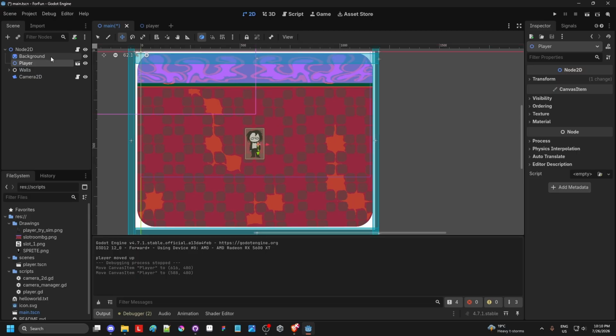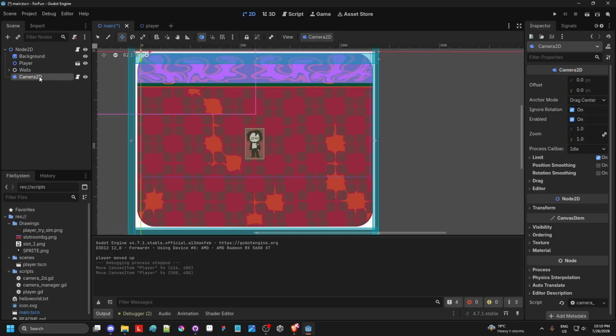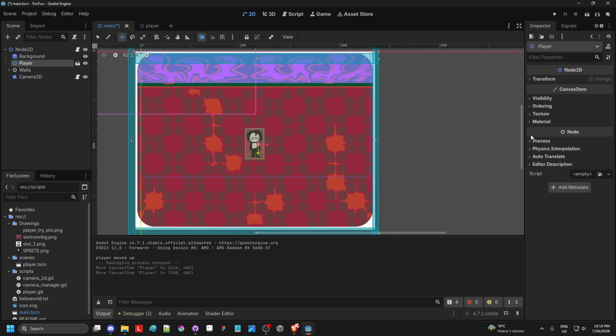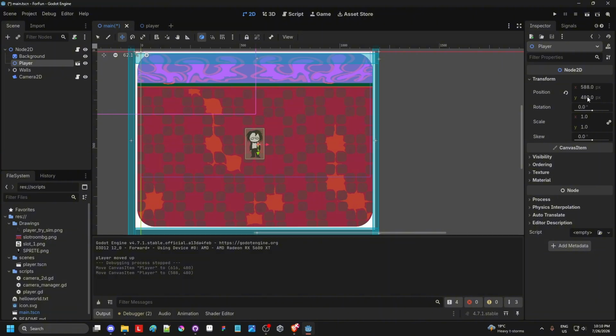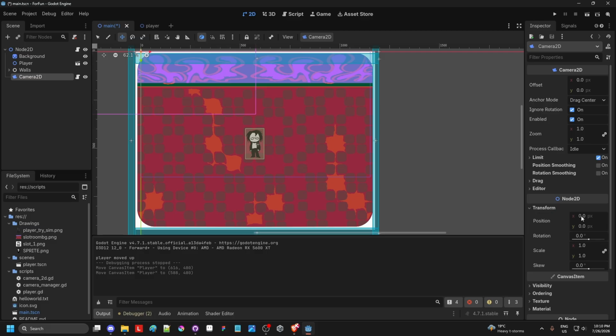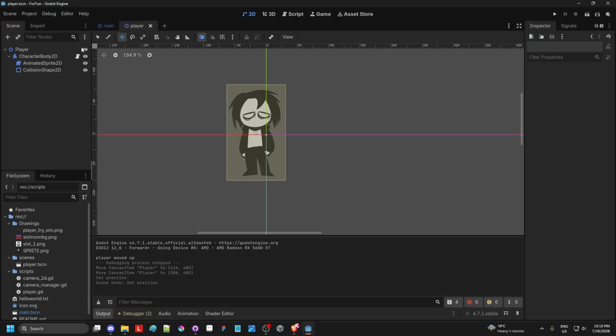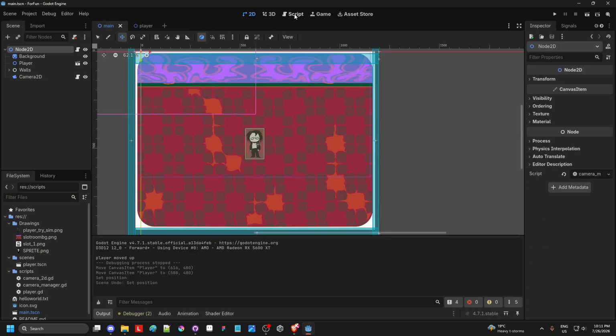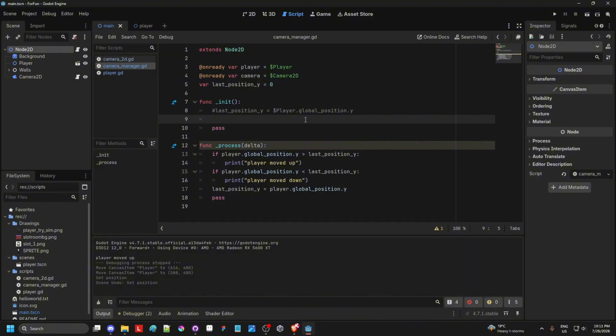Well, the easiest way is to copy the transformation of the player and paste it into the camera position, like, take this, Control C, and paste it here, and do the same for the Y axis. We'll try to do it through code, so if we move the player, it automatically changes. So we go back to the script, we go to camera manager, and we say